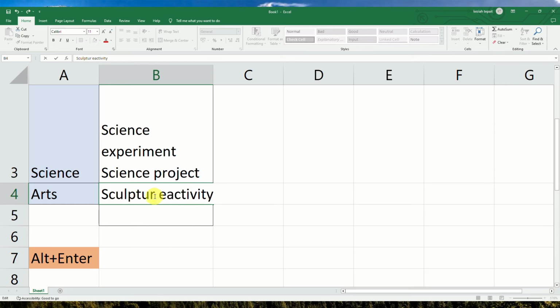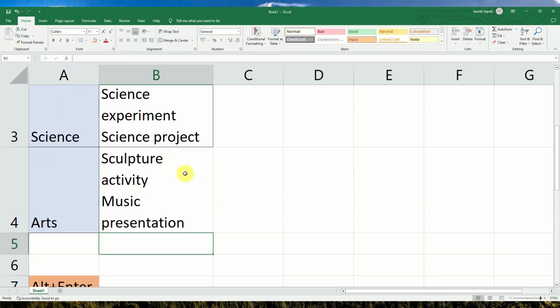And then once you have written all the things that you have done, you just need to click on Enter, and that's how you will be able to achieve multiple lines in one cell using the Microsoft Excel